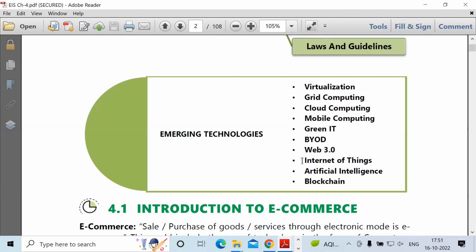Then Internet of Things. This is a new area. Possibilities of asking one question from these 9 items are very highly probable. It will be asked, I can say. So Internet of Things: now, you are having a